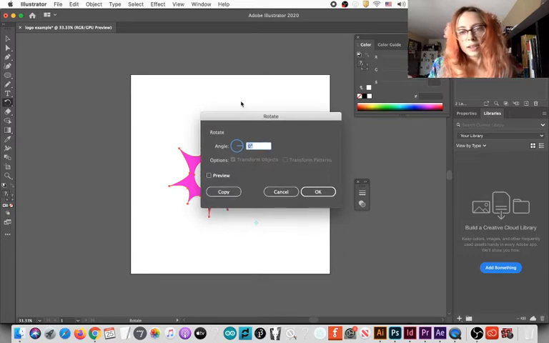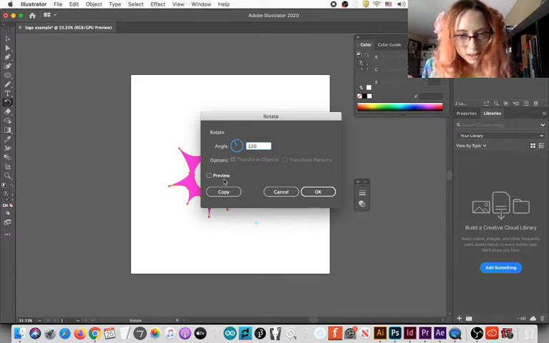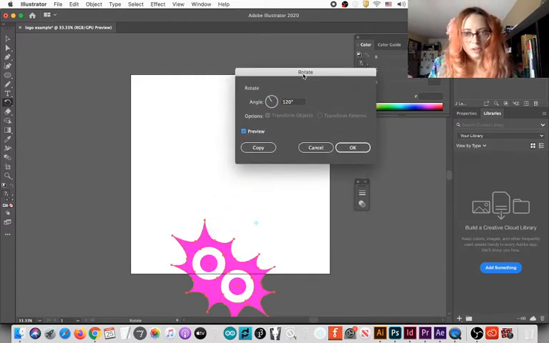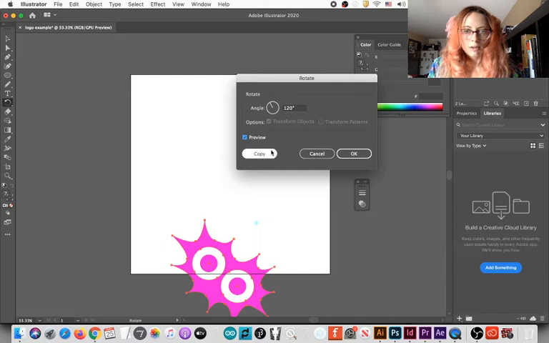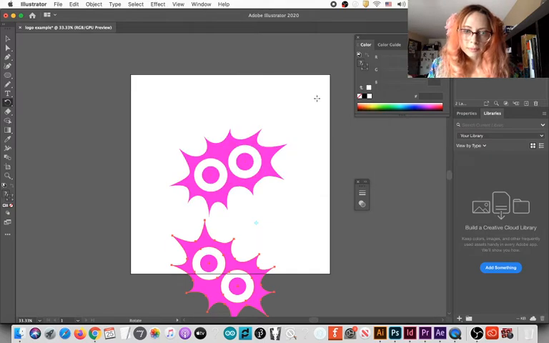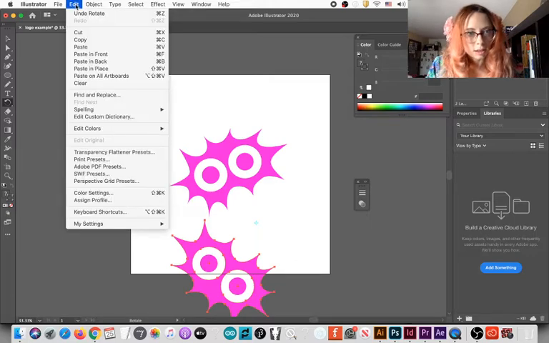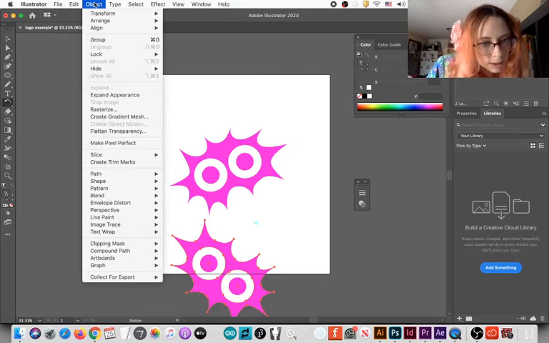This gives me this window that lets me rotate a shape. So I can rotate the shape, let's say 120 degrees. I preview it. Okay, that's where it's at. Let me copy it. And I want three of these. So what do I do now? I go to Edit, I think, and no, okay, Object.